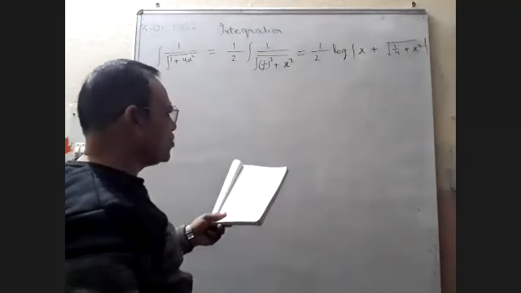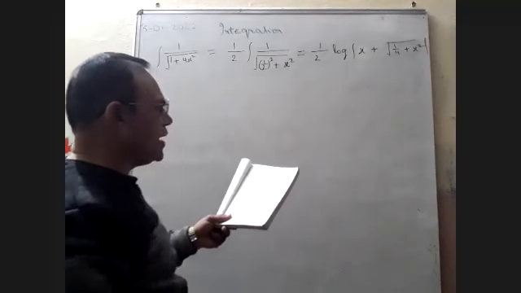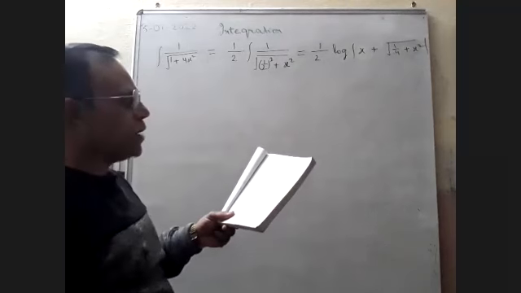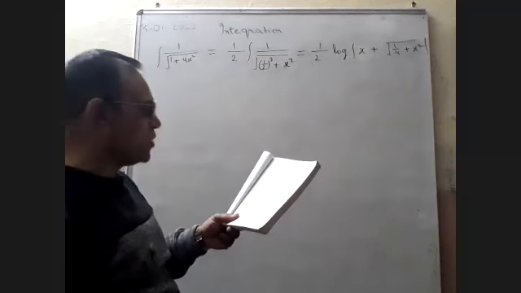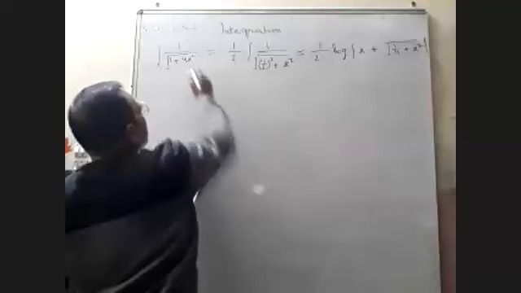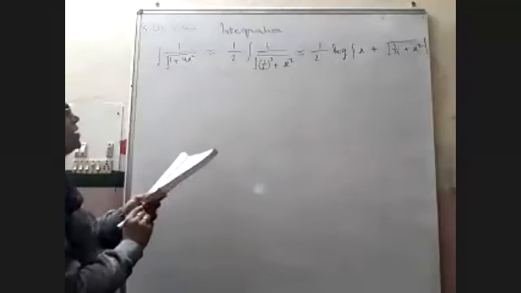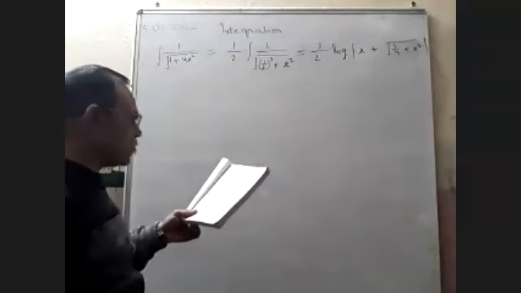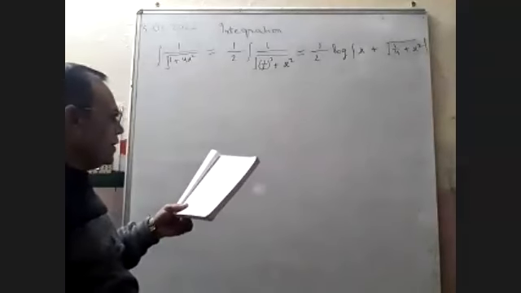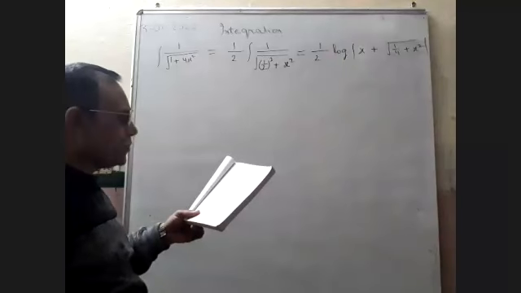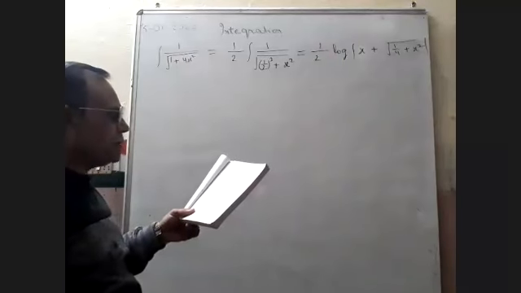You can do it yourself: you can assume 2 minus x is t, then it will become t square minus 1 square. In question number 4, you have to take common. Yes, I have told you here. First of all, you have to make the coefficient of x square 1. If the coefficient of x square is not 1, you have to take the coefficient common. In question number 4, you have to do it this way. In question number 5 also, you have to take 2 common. After that, you can assume x square is t.